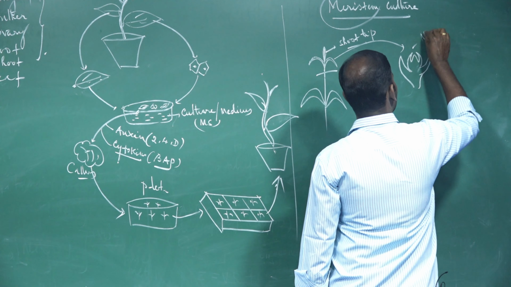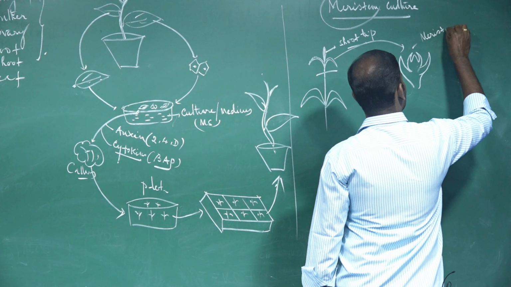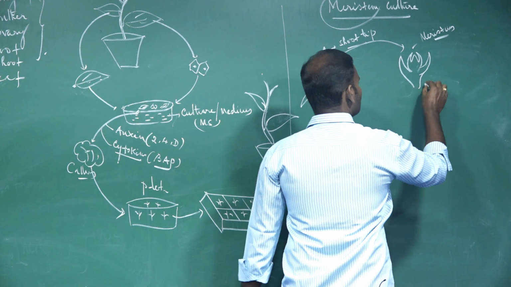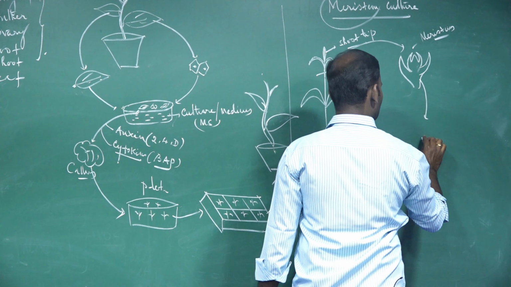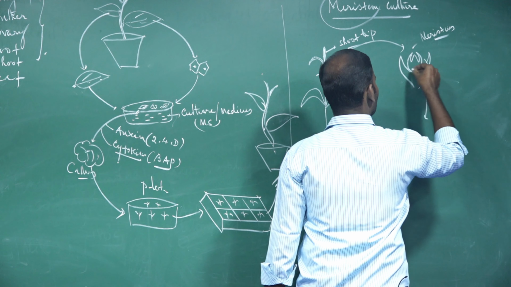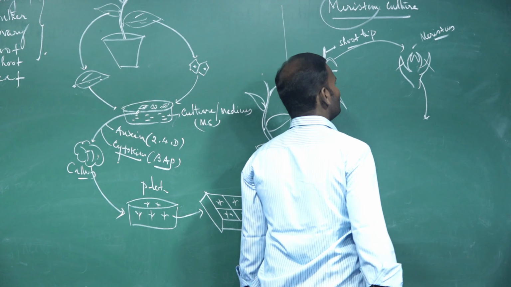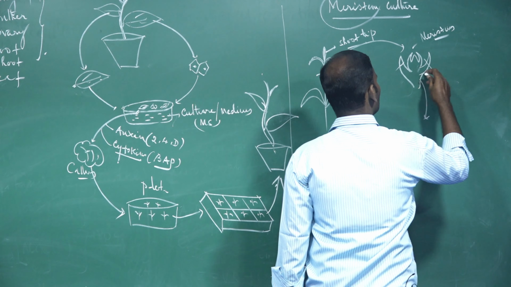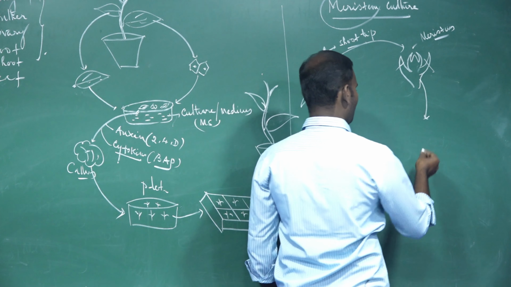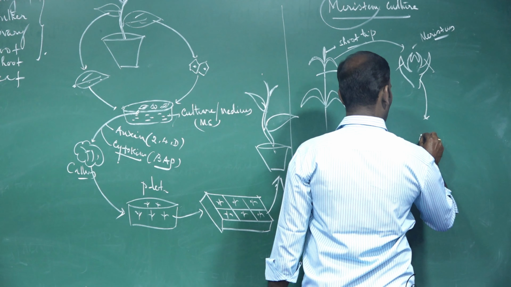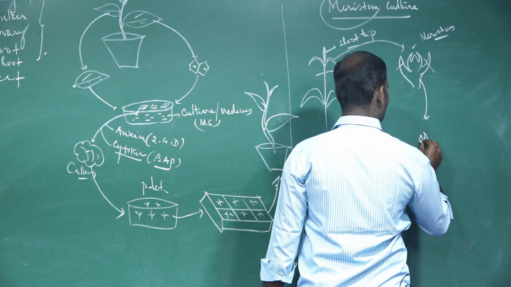These are called meristem. Now these shoot tip meristems are removed by cutting off the enclosed leaves. The enclosed leaves are cut with the help of a knife. Only the shoot tip alone